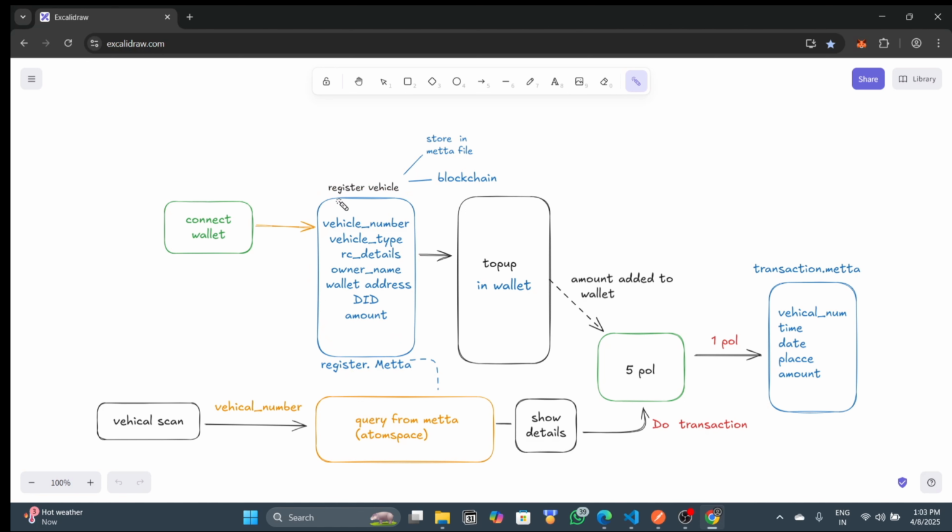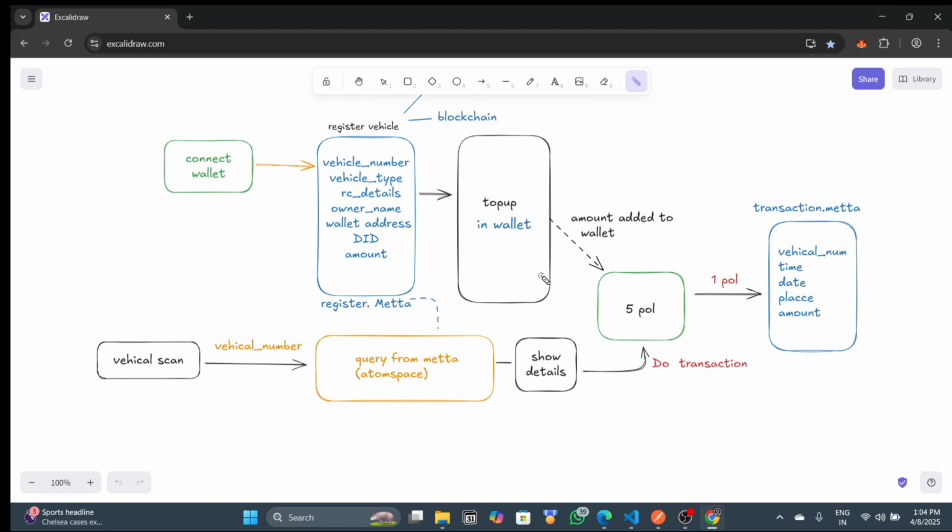So when a user registers a vehicle, all the details are saved when clicking the register button, first on the meta file and secondly on the blockchain ledger. And after that, with that wallet address linked to the vehicle number, he can top up his virtual wallet. He can add an amount. So this is the basic upper flow.